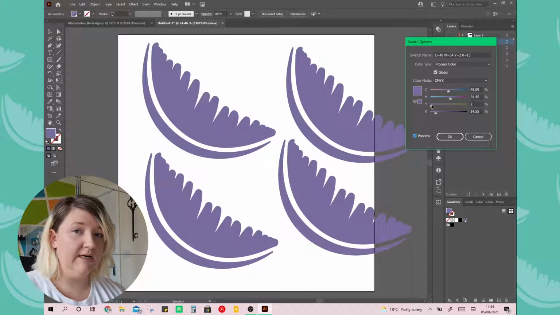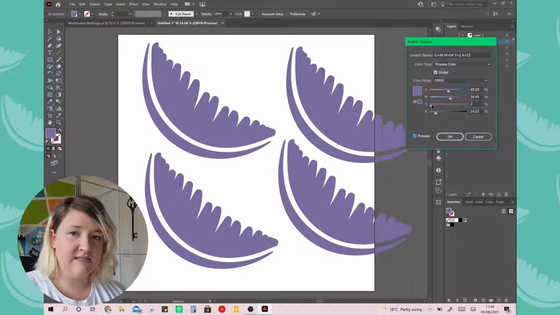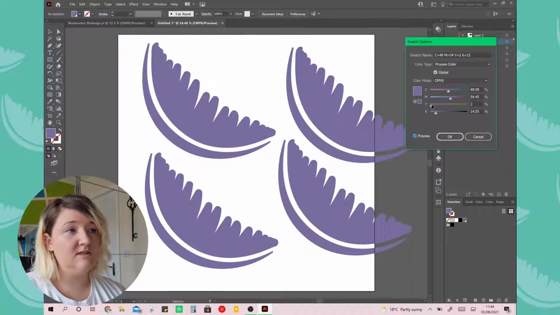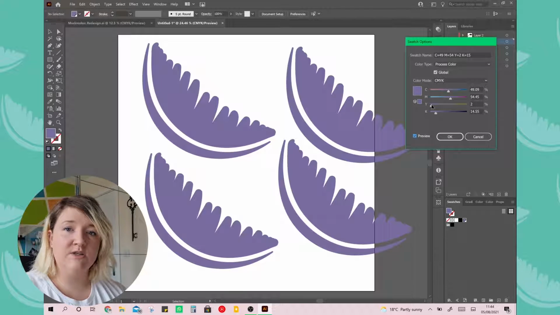Now this is really handy if you have a very detailed piece of artwork and a lot of items are using the same colours. In this instance, it's a good example to show you, but it's not really detailed, obviously. But when you're using something much more detailed, this would be an absolute godsend, because like I said before, you might have a client that said, I don't want this red anymore, I want it blue,